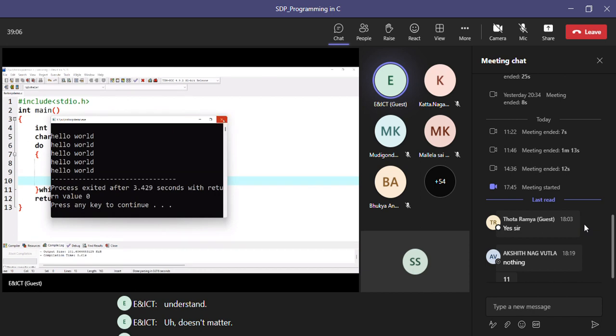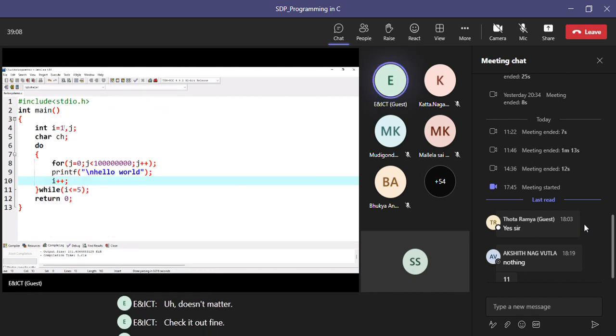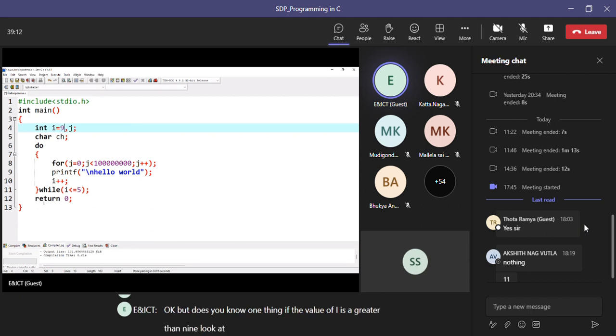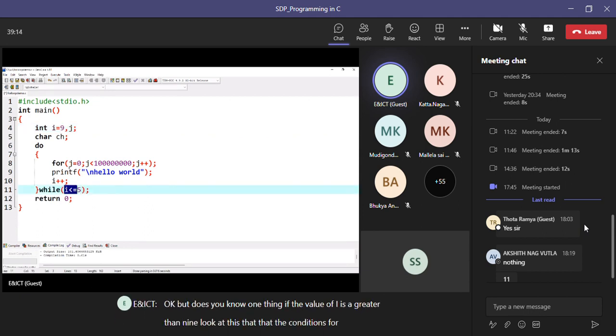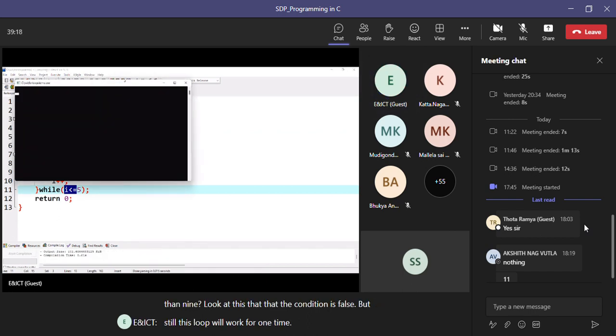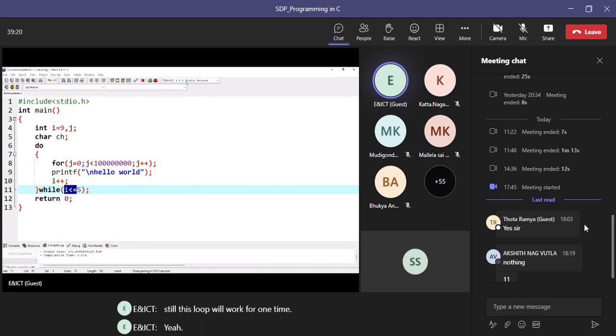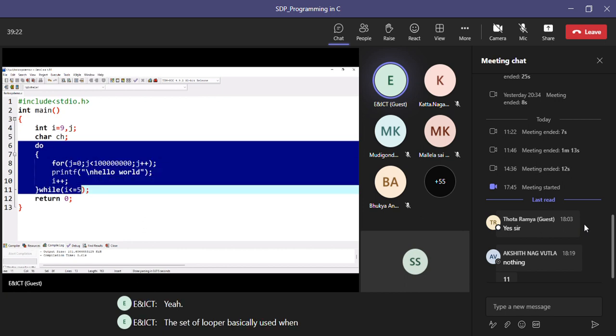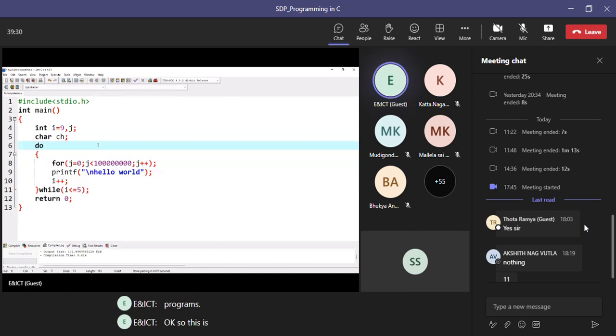Please check it out. Fine. But just remember one thing: if the value of I is greater than 9, look at this. The condition is false, but still this loop will work for one time. This type of loop is basically used when you want to evaluate the body of the loop at least once, just like in menu-driven programs. So this is how we can use